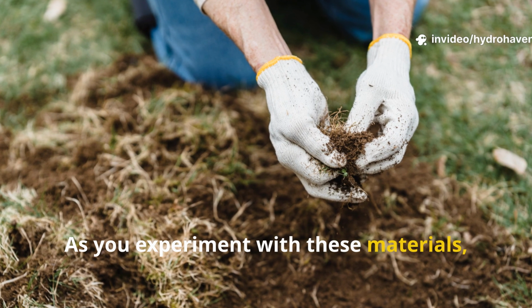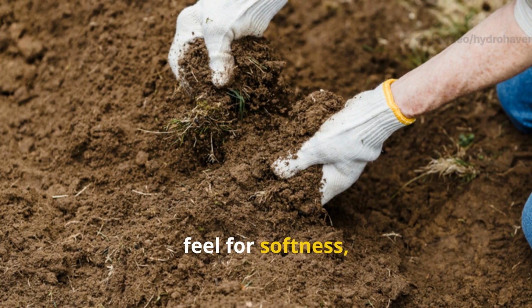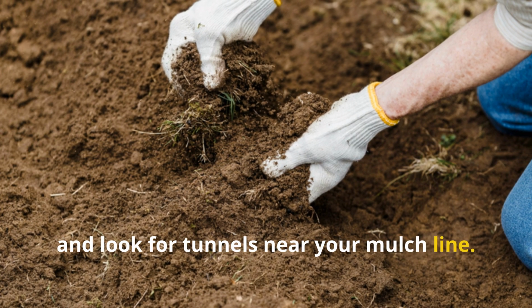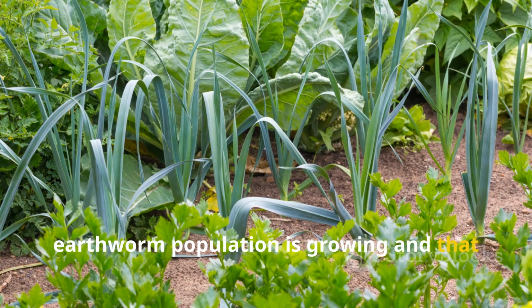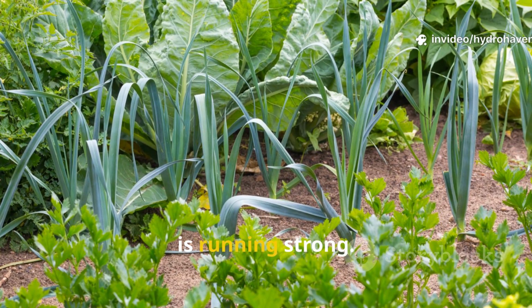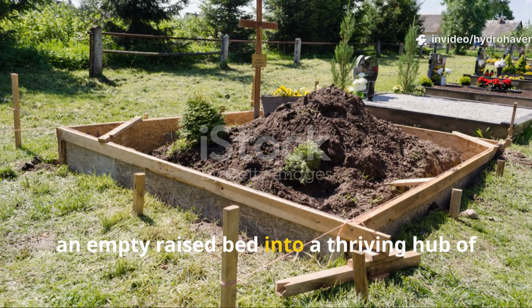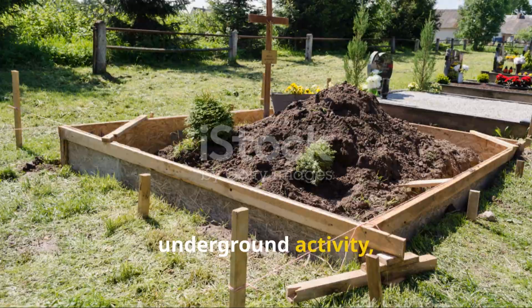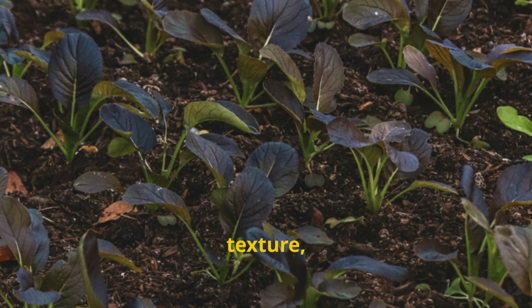As you experiment with these materials, track the changes. Observe your soil surface for castings, feel for softness, and look for tunnels near your mulch line. These small signs confirm that your earthworm population is growing and that the biological engine beneath your plants is running strong. A few weeks of careful feeding can turn an empty raised bed into a thriving hub of underground activity, and once that happens, you'll see the difference not just in the soil, but in the color, texture, and resilience